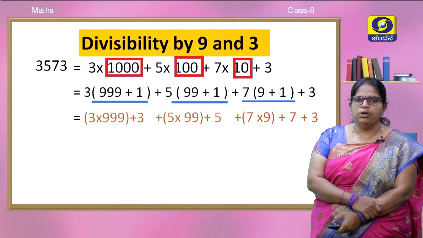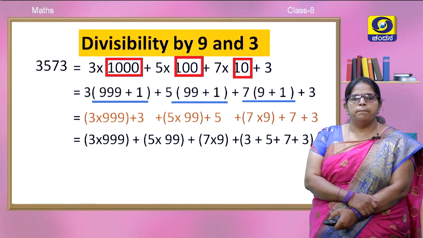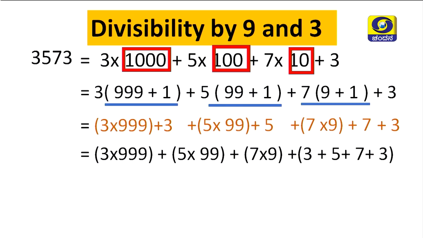Now children, group the multiples of 9 together and the remaining numbers together. We get 3 into 999 plus 5 into 99 plus 7 into 9, then plus 3 plus 5 plus 7